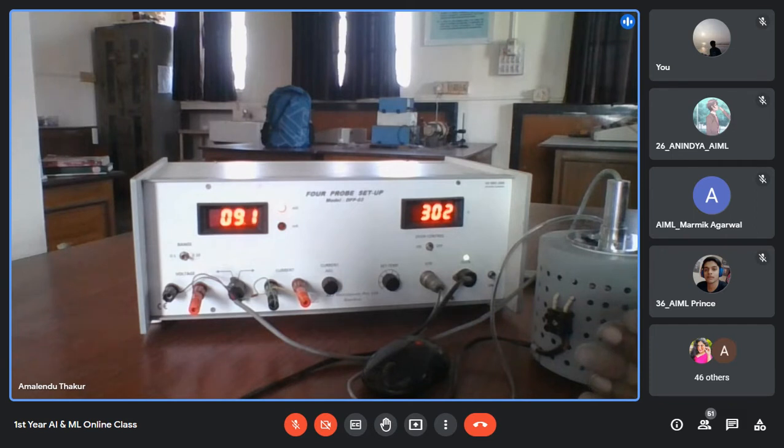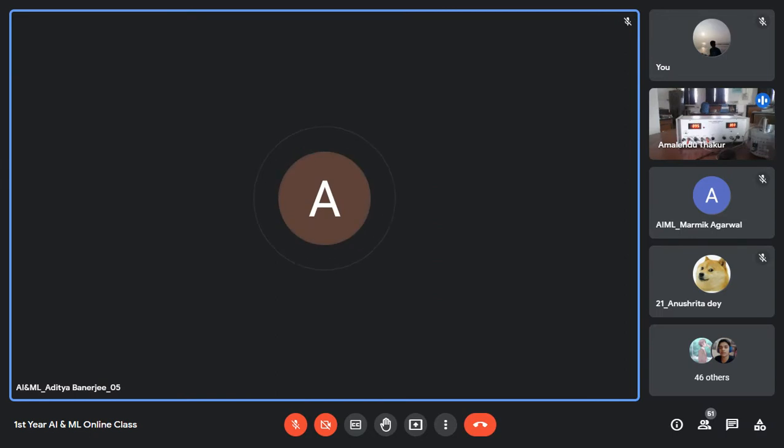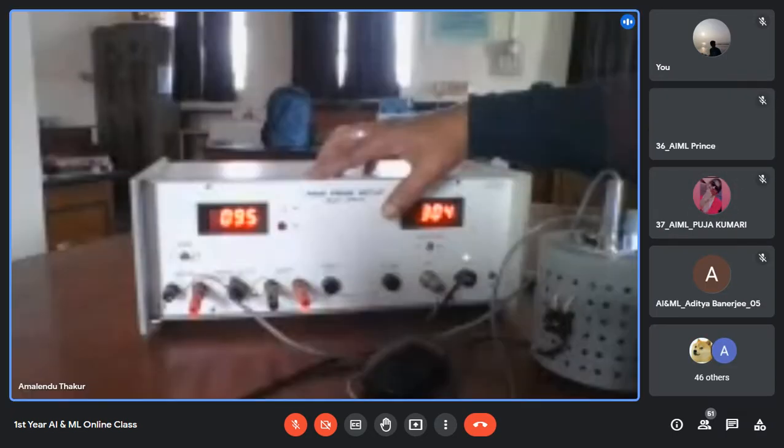Okay, and how we can measure the resistivity? I will show you the working formula, and the value of S also given. You have to finally find the value of rho. Now 0.213 into V by I too. Yes, sir. I is constant. We will take I as constant value.